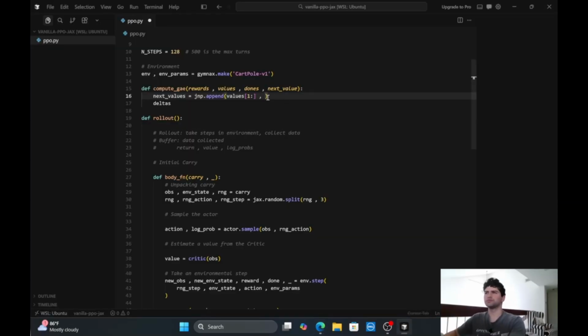Let's walk through it for real. And we append the next value to that. And then let's calculate the deltas. So the deltas is literally calculating, like I said, the rewards plus